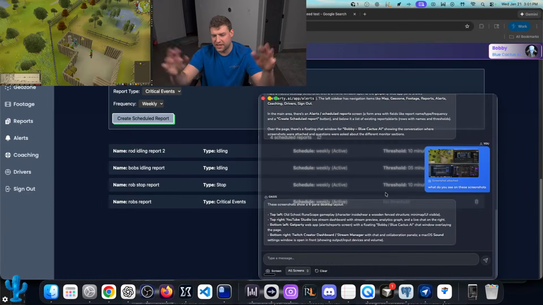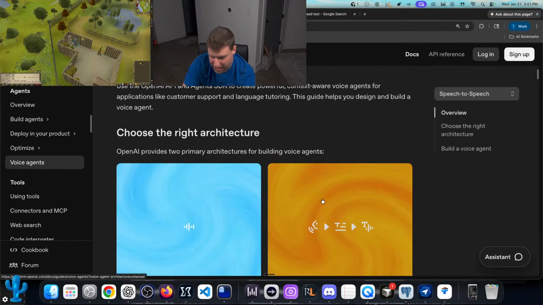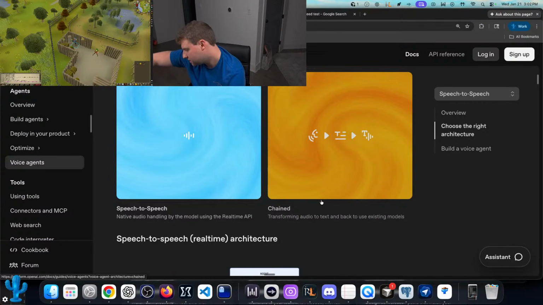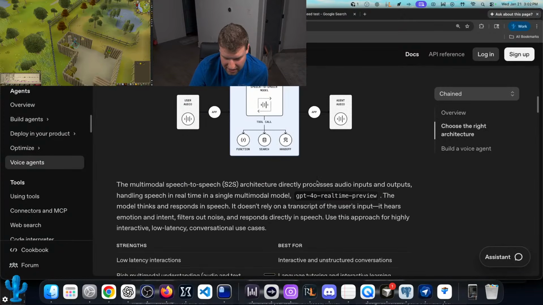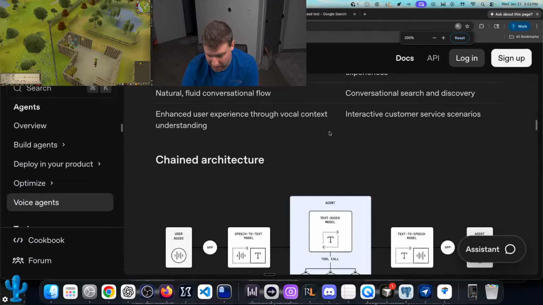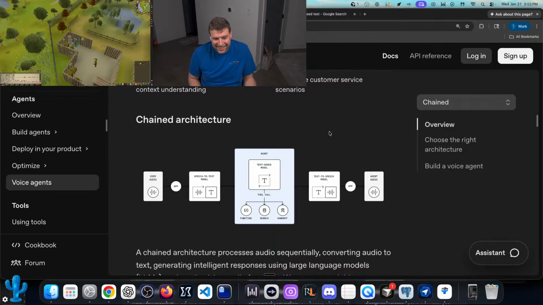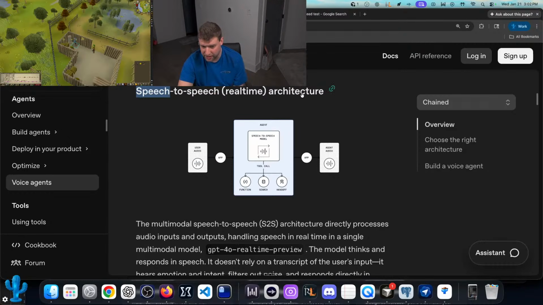So this is liquid glass, and we have a whole voice agents business that I'm going to be demoing. We're on the OpenAI chained architecture, but we're going to be migrating from it. I had built out the agent in this chained architecture, but there was too much latency. It felt like a robot. I tried a lot of different things to reduce that latency, but it was difficult. So we're going to be migrating to this speech-to-speech real-time architecture,